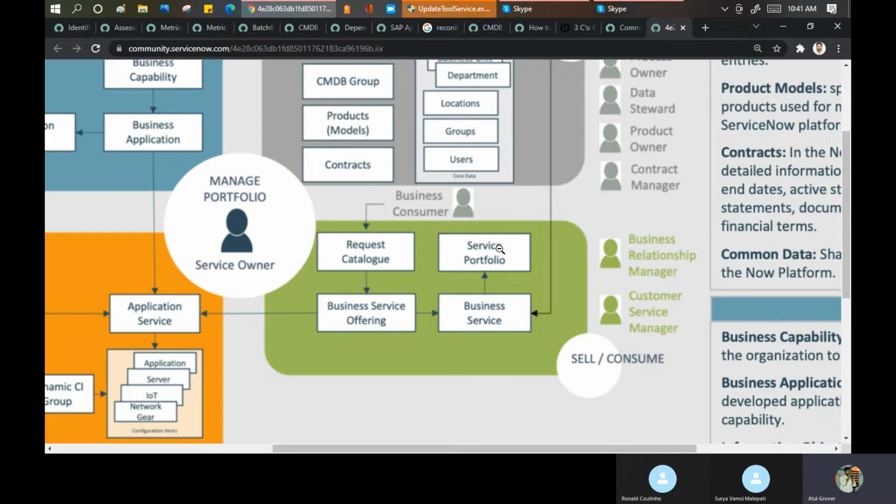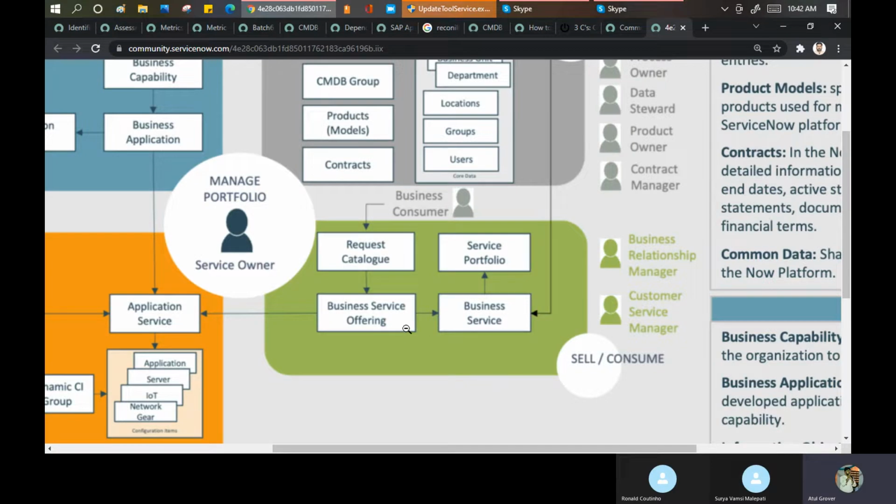Or maybe I can say my portfolio is that I am a consulting company. In that consulting, what are my business services? What do I sell to my customer? I sell HR as one service. Like in our companies, the salary is managed by some other company. So that is the business service. Finance is one of my business services. IT is one of my business services.